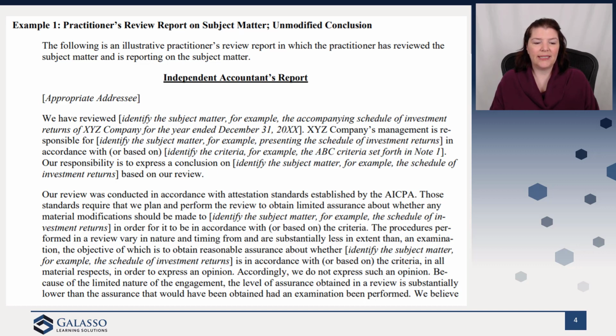Then when you look through here, you're going to see some of the additional changes that are really being made here. So the review is conducted in accordance with the attestation standards. And then it says we plan and perform the review to obtain limited assurance about whether any material modifications should be made. And then we'd identify the subject matter in accordance with the criteria. And so now you'll notice a change in the verbiage around procedures. So the procedures performed in a review vary in nature and timing. So again, really focus on this concept of we don't have standard procedures in this area. And then as a result, they're substantially less in extent than an examination, the objective of which is to obtain